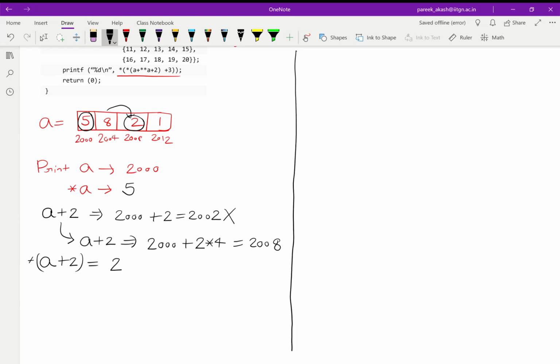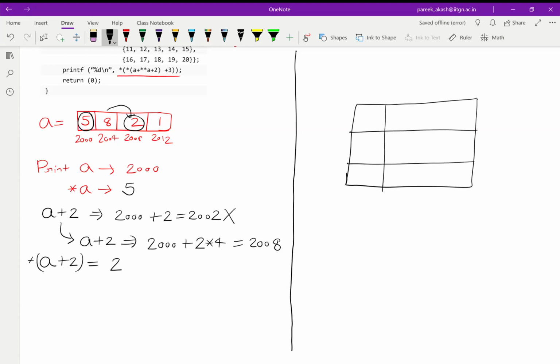Suppose I have a 2D array with 3 rows and 4 columns, and let this be a. Suppose the starting address is 2000.